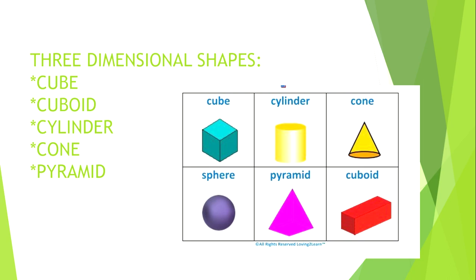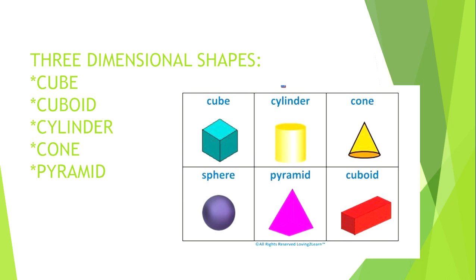Now you can ask, what is the meaning of these terms face, edge and vertex? So let us take one example, that is cube. Now each side of this cube is a flat surface. It is called a flat face or simply a face. Where two faces meet, that is a line segment, and that line segment is called an edge. These edges meet at a point that is called a vertex.